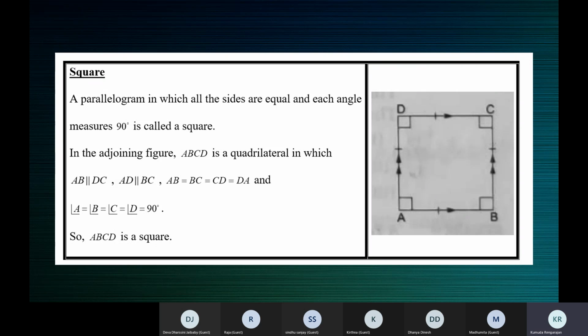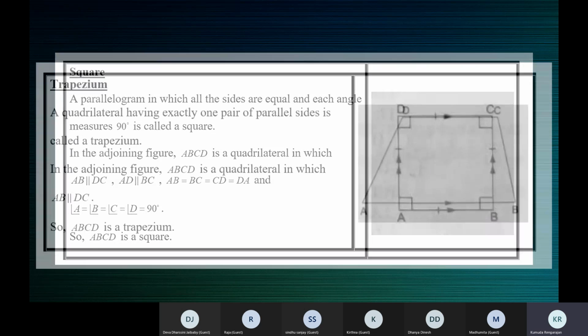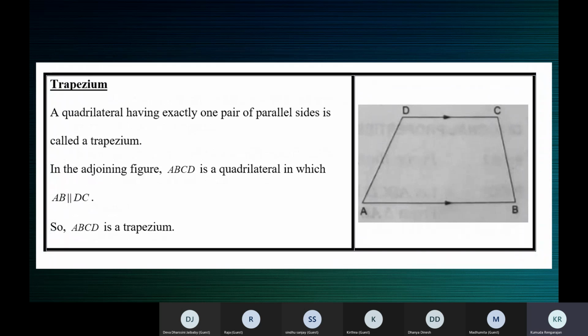Okay, children, I just wanted to recall these properties before we move ahead. All right. Now a trapezium. Take a screenshot, children. A trapezium is a quadrilateral with only one pair of opposite sides parallel. You can see in the figure AB is parallel to CD. It's marked. A trapezium is not a parallelogram, because if it has to be a parallelogram, then both the pairs of opposite sides must be parallel.